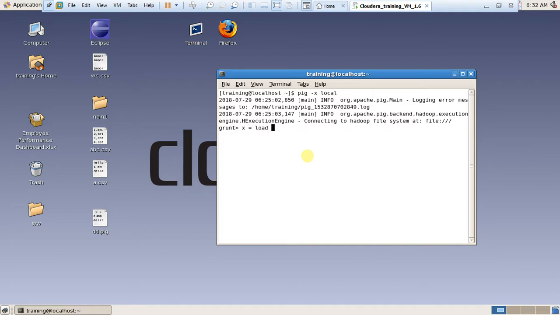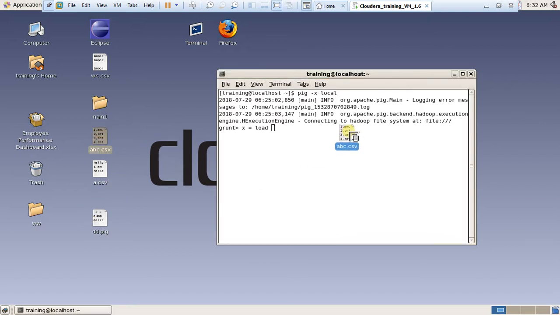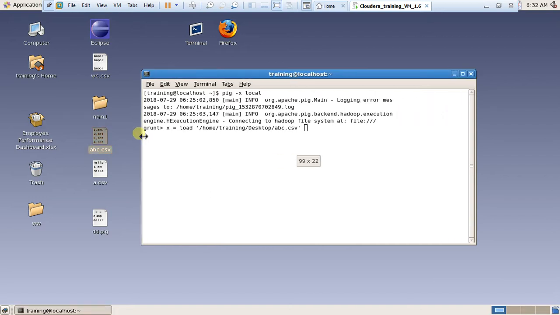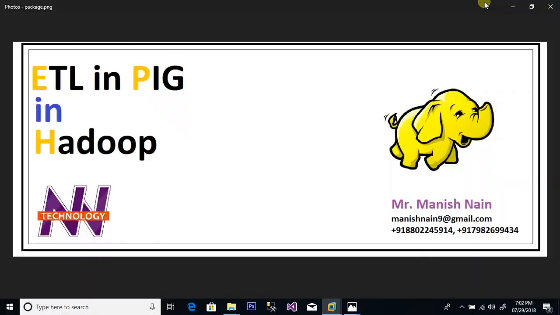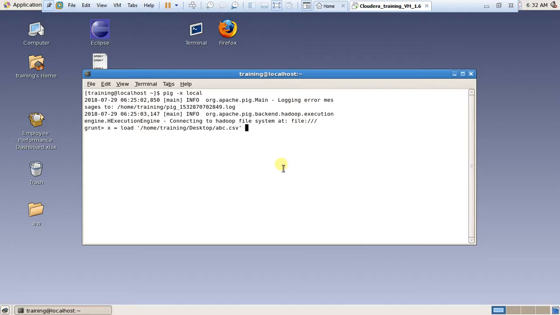load from where? From desktop. Okay, now, then I declare the structure of table as my table as,